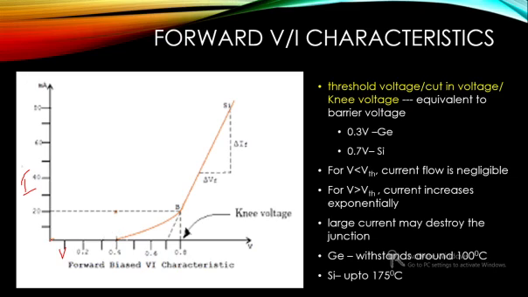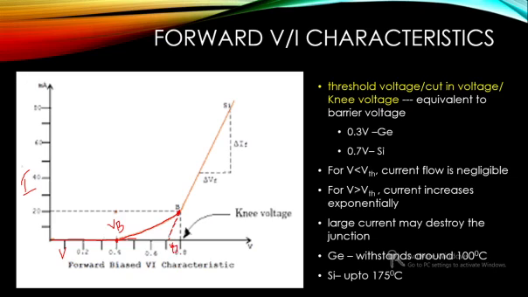device. What is happening is that as the voltage is increased, no current flow is seen initially. Why? Because there is a heavier barrier to be overcome. There is a barrier potential, and only if that barrier is overcome will a current flow be there. As we again increase the voltage, you can see a very slight increase in current. A very small current can be noticed, and at a particular value which corresponds to the knee voltage. And what is knee voltage? Knee voltage is equivalent to the barrier potential.